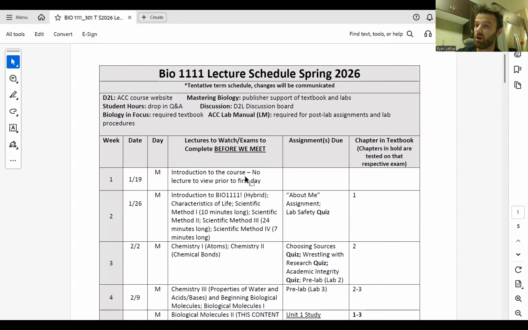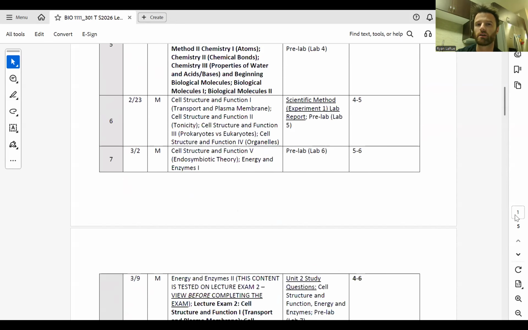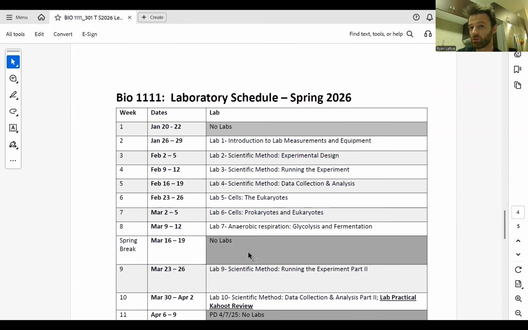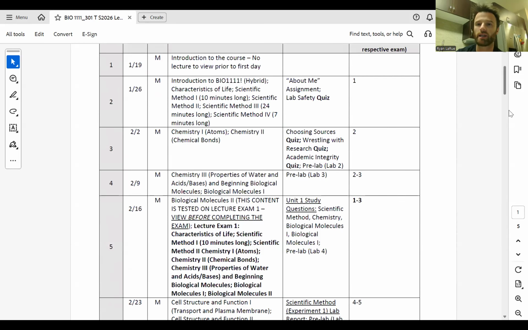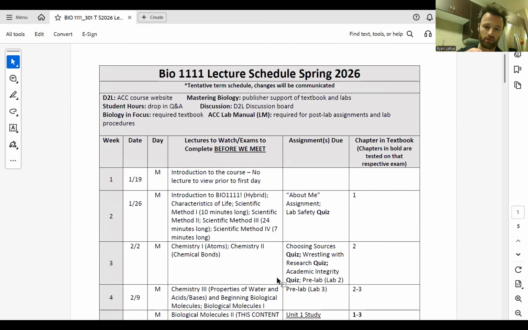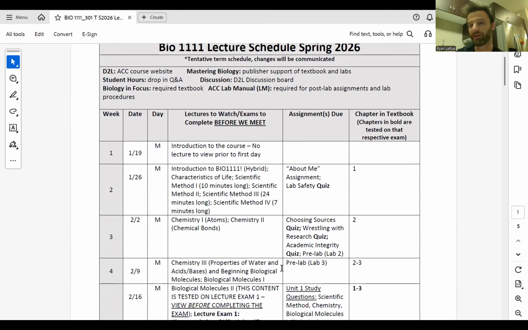If you scroll all the way down, there's also the lab schedule. But really what you're going to be checking a lot is this column here and this one. So let's talk about this first column first.